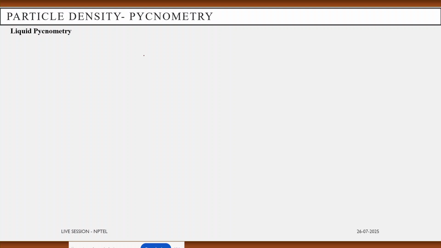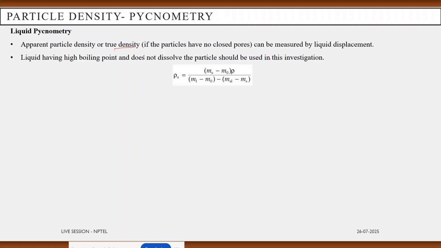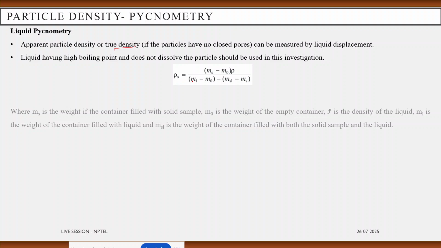So how to do the liquid pycnometry method? Here we can evaluate the apparent particle density and the true density. If the particles have no closed pores, the apparent particle density and true density can be measured by liquid displacement. The liquid should have a high boiling point and should not dissolve the particle. So we use this equation for calculating the particle density through the liquid pycnometry method,